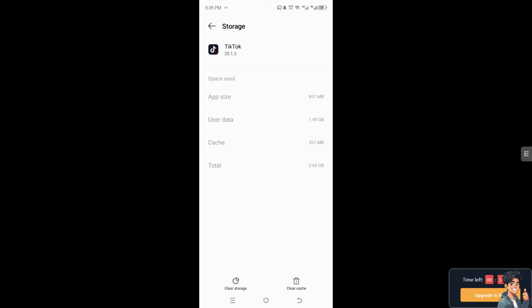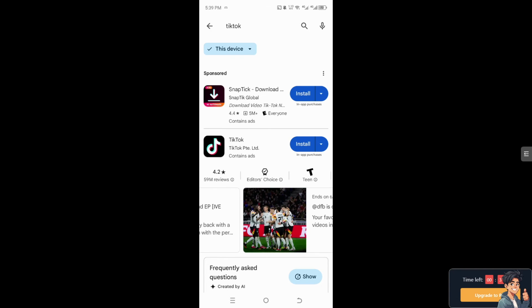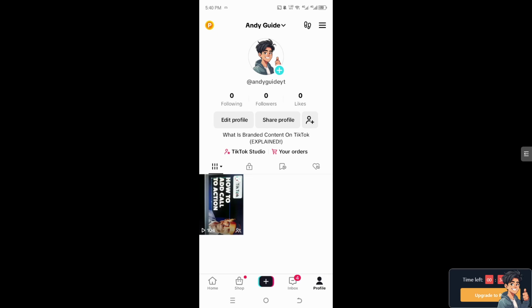Now, the next option is, I need you to go to your app store and of course click on the TikTok. You need to download the most updated TikTok app, because if it's outdated, it could cause an audio delay problem. Open the TikTok app after installing the latest version, and then once you are here,